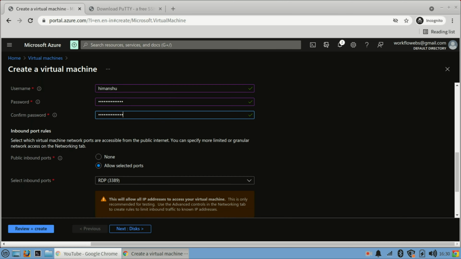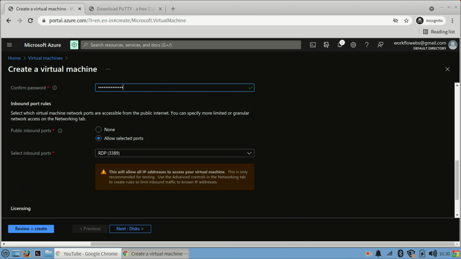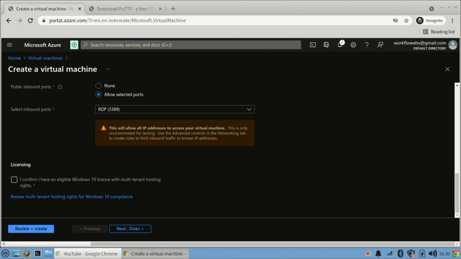Okay, and because this is a Windows machine, you will be mostly connecting using RDP. So RDP is a protocol that will be used for connecting to remote Windows desktops. So I will be opening this port RDP. Like in Linux we used to open SSH, that is the 22 port. In Windows you will have to open this one. So this is by default that I have to open. SSH, it's not required, so I will leave it. I will go to next.